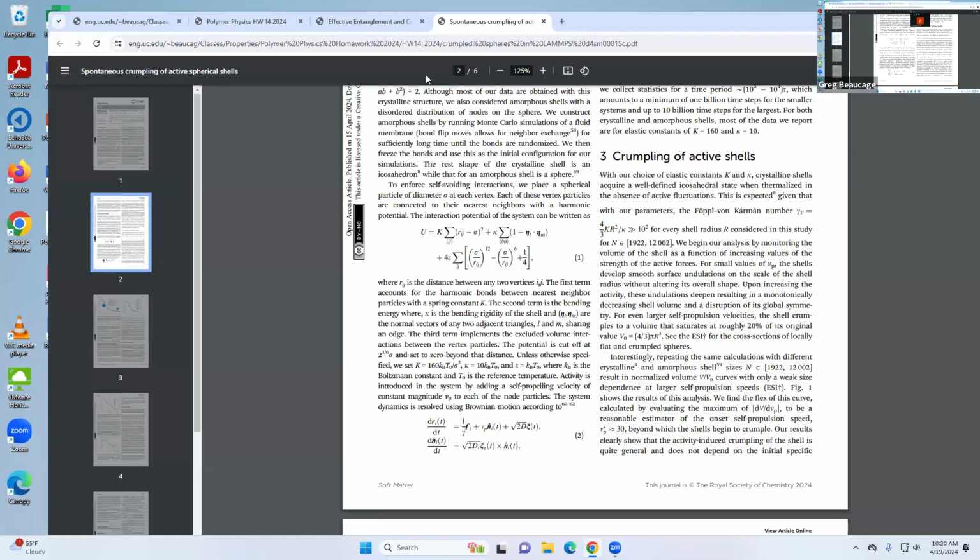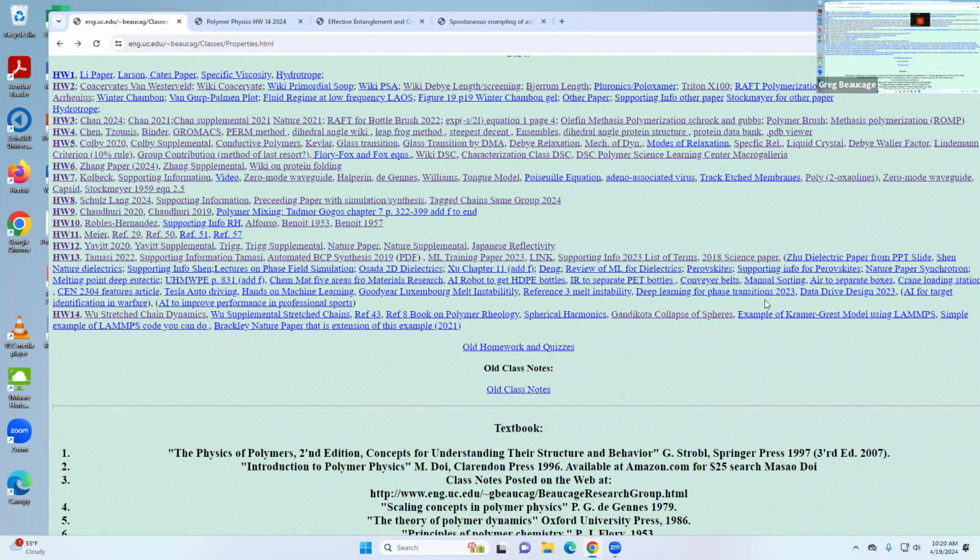So anyway, I put in here that this is not part of the homework. We went through LAMMPS in this grad thermal class I teach. This guy Brackley is at